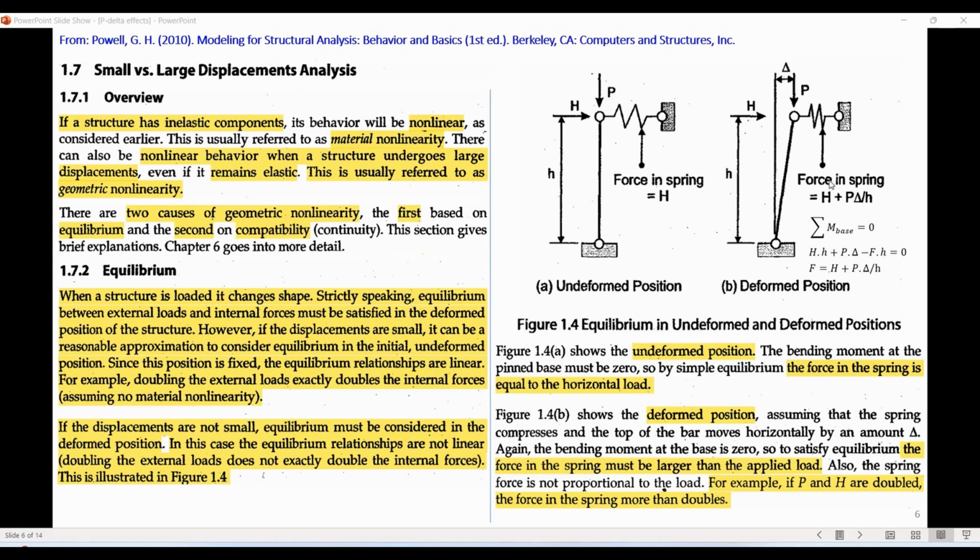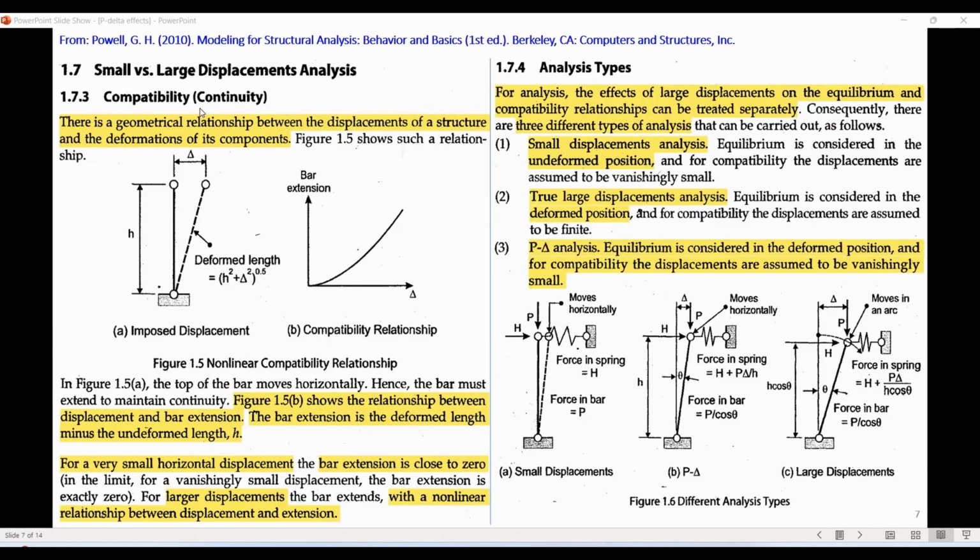divided by the height. Hence, doubling the H and P will not double the force in the spring, and hence we will get a nonlinear behavior which is caused by the equilibrium equations which are applied based on the deformed position. And going to the second cause, which is the compatibility,